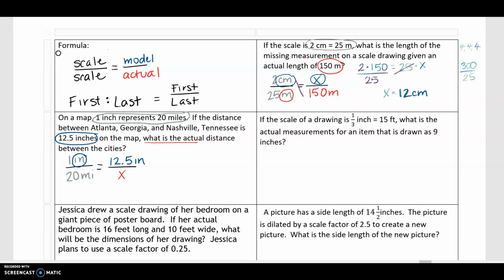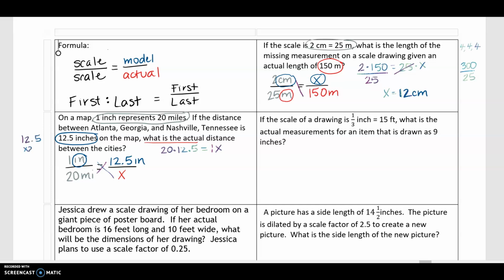Now that our proportion's set, we're going to go ahead and do our cross product. So we multiply the diagonal without our variable first, so 20 times 12.5, and that's going to equal 1 times X. So that's just going to equal X. Look at that, that's so handy. All right, so let me do